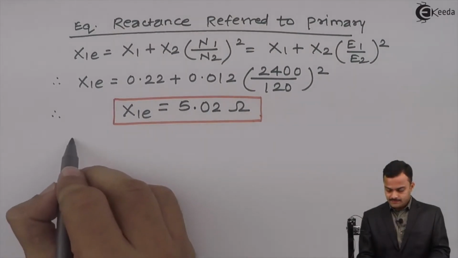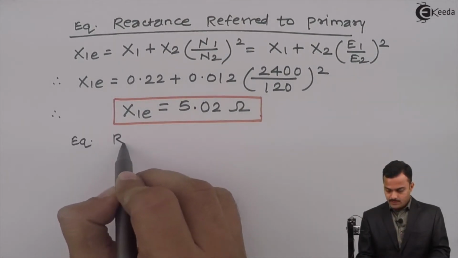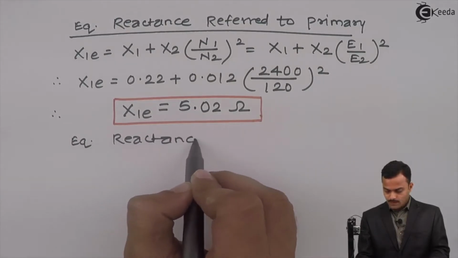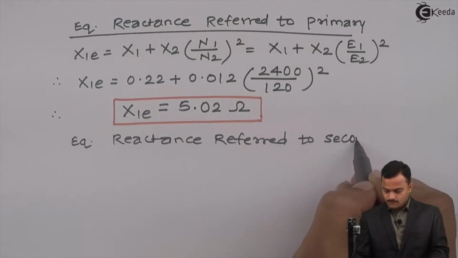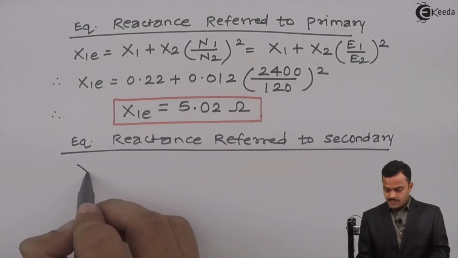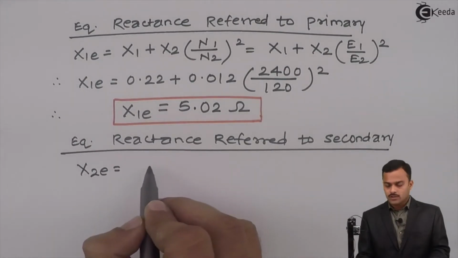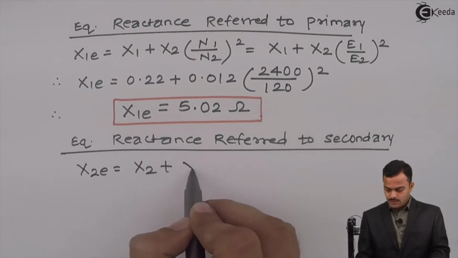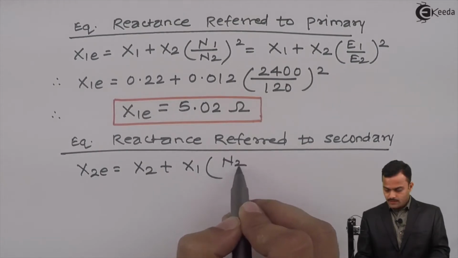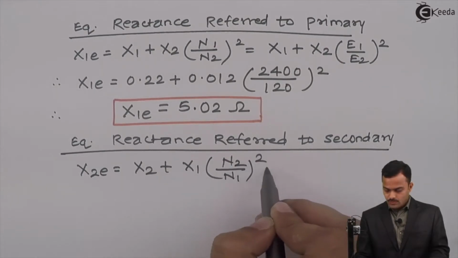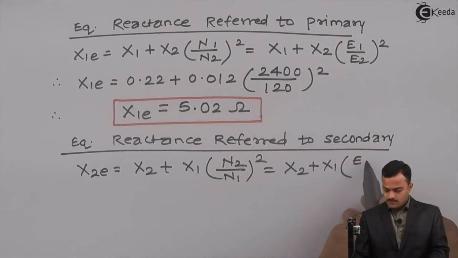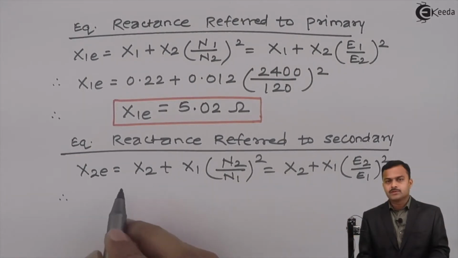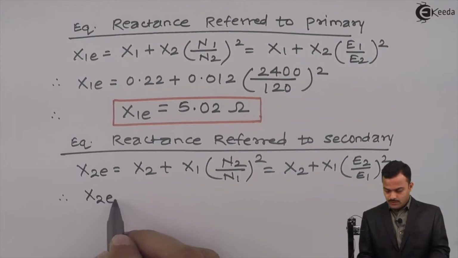Similarly, I can get equivalent reactance referred to secondary, X2E, which is equal to X2 plus X1 multiplied by (N2 by N1) square, nothing but X2 plus X1 multiplied by (E2 by E1) square. If I substitute the given values, X2E equal to